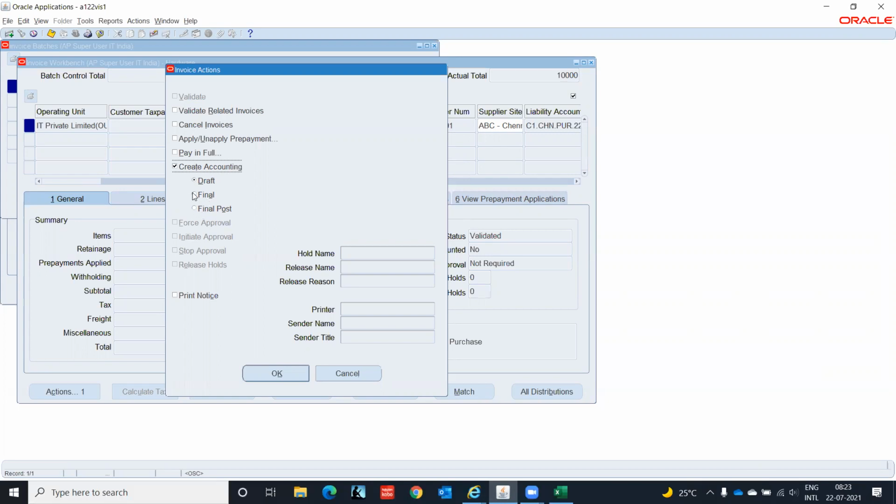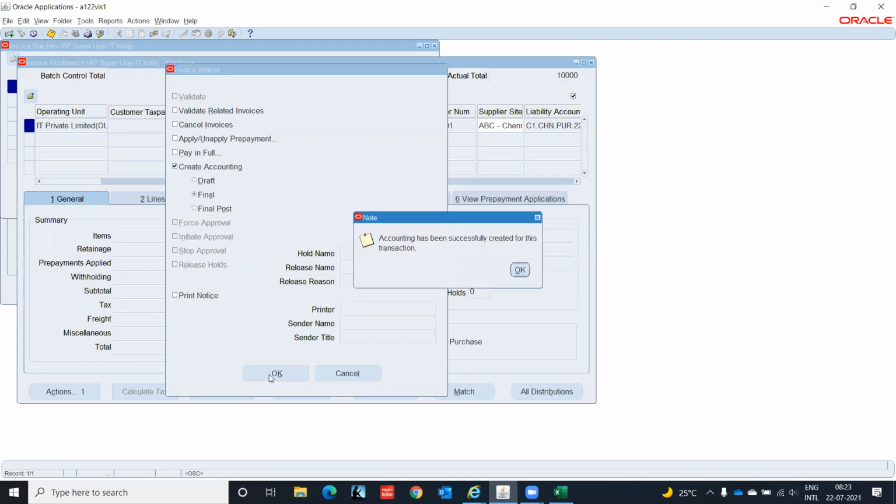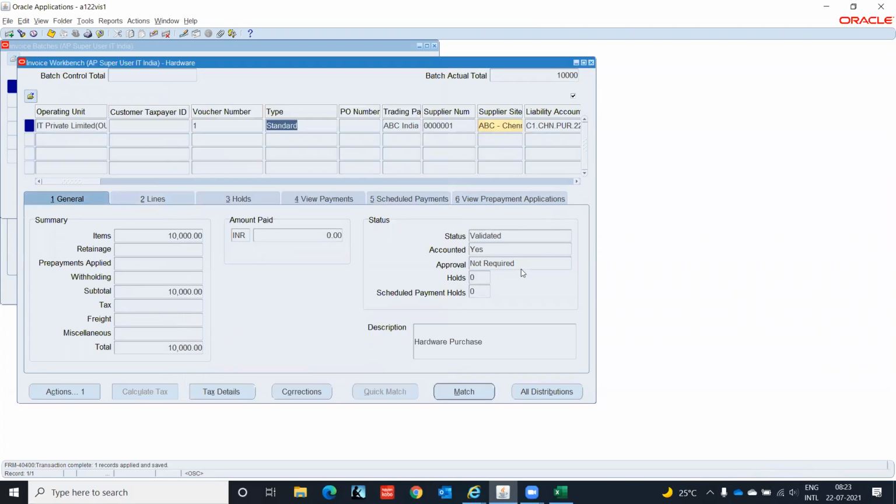So if I select the final one, click OK. Accounting created successfully for this transaction. Now the status of this transaction is finally accounted as yes. But still this transaction is not posted at the general ledger level, GL level.